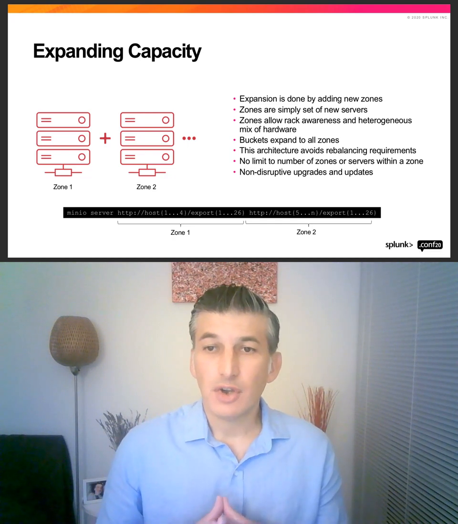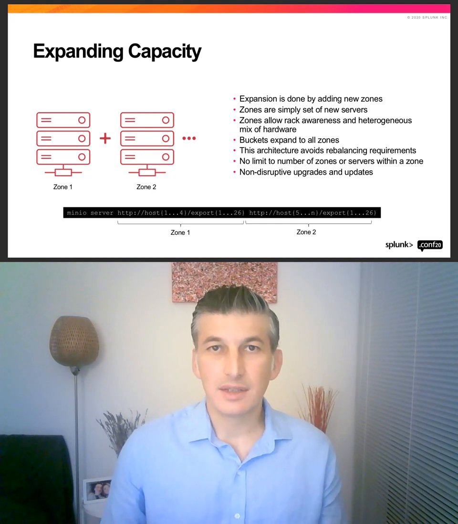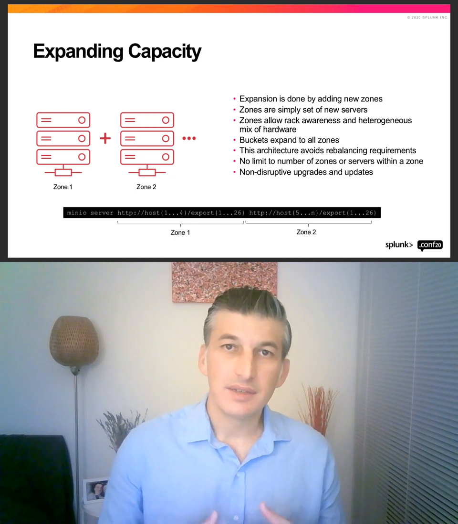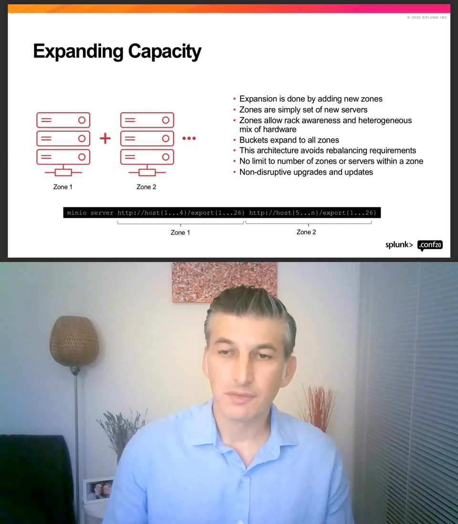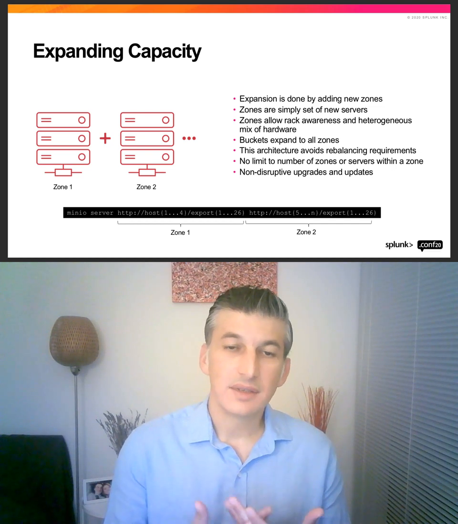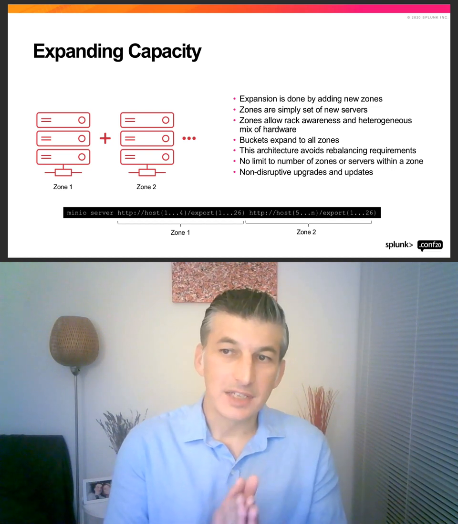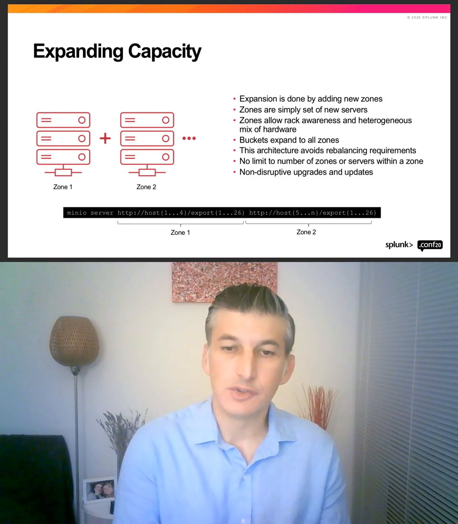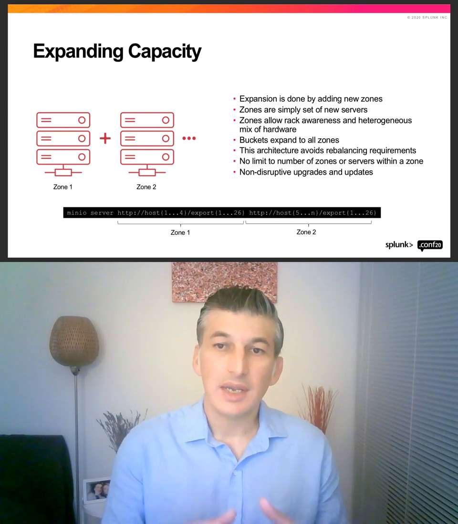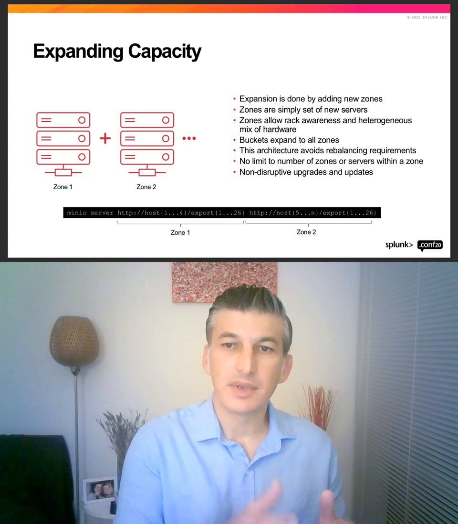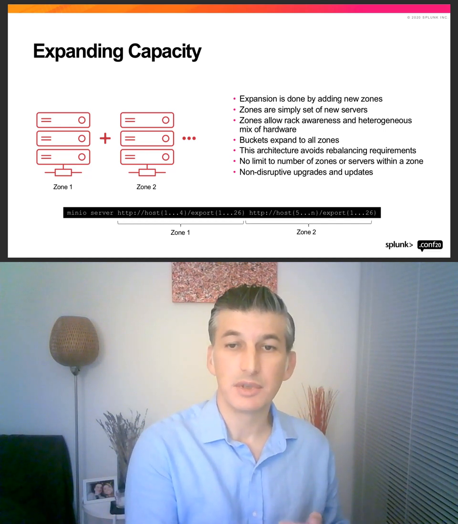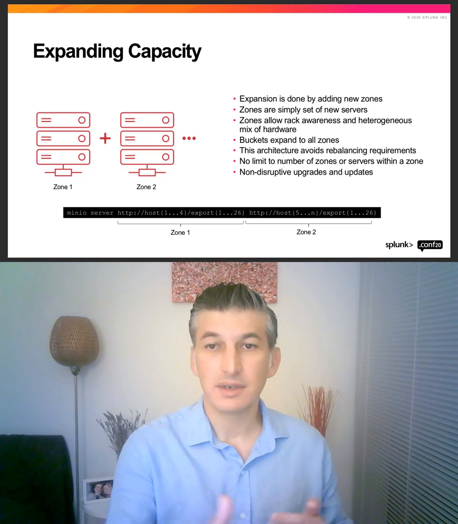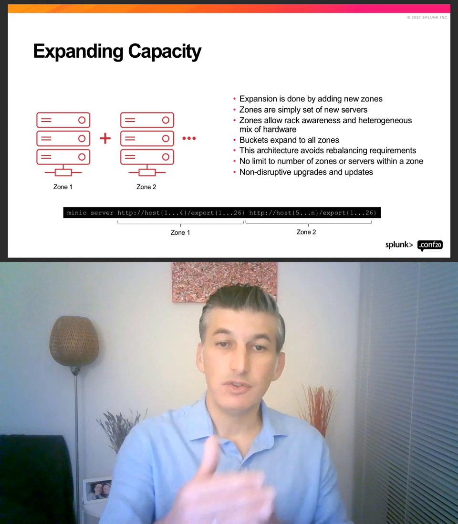So one other topic that is very important when it comes to large-scale deployments is capacity expansion. This comes up with Splunk SmartStore as well as general implementations of object storage. It's quite an important area. Expansion in MinIO is done with a concept called zones, and it's a very simple concept. It's essentially a building block concept. When you start a 4-node server or a 16-node server in a large implementation, and you run out of storage over a period of 6 months, a year, a 2-year time period, you need to add new hardware